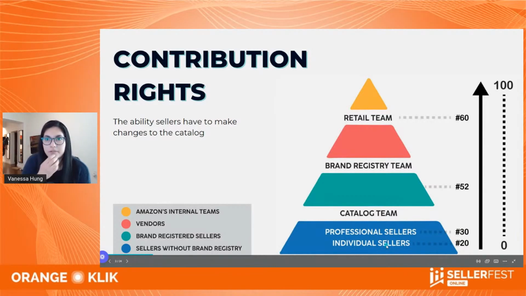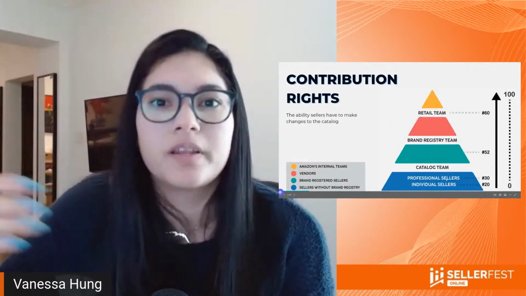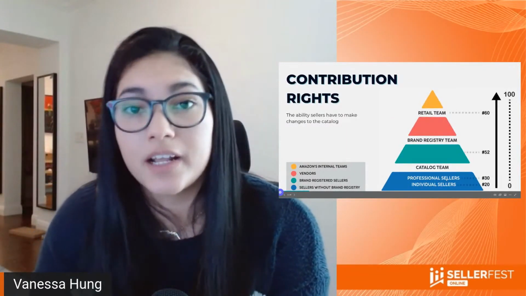So if anybody here is a reseller and you're selling on a nice listing, but you want to make better changes to the title because you think you can index better, that's very complex to do and probably impossible, because since you're a professional seller that didn't create the listing nor owns the brand registry, those attributes or that listing is completely locked. On top of them, who helps the sellers is the catalog team. The catalog team is the internal team in seller support that you open a case with and that will help you to resolve any catalog issues.